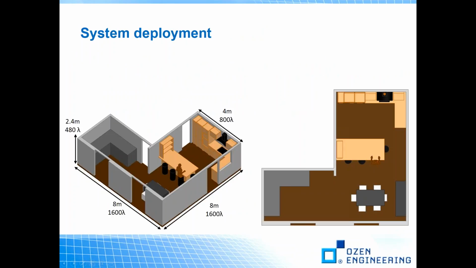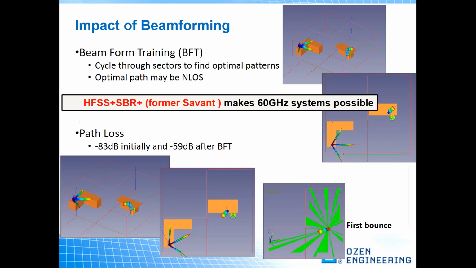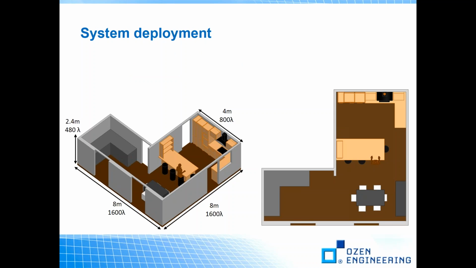Okay, now we're gonna do the full simulation here. As you can see, the whole area and the whole room is really large compared to the wavelength. If you want to do such a simulation in HFSS based on finite element method, it's going to take forever, and it needs a lot of computation resources. But with shooting and bouncing ray, it's going to save you a lot of time and computing resources as well. So the way it's working is that